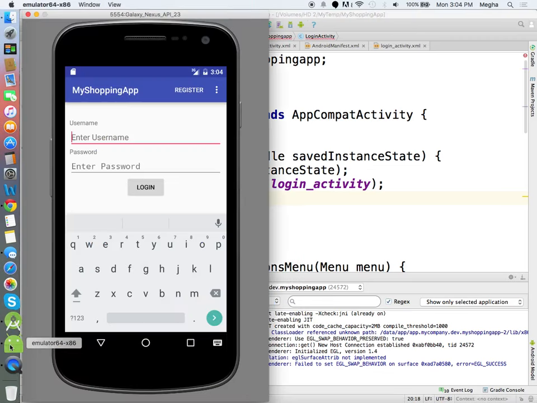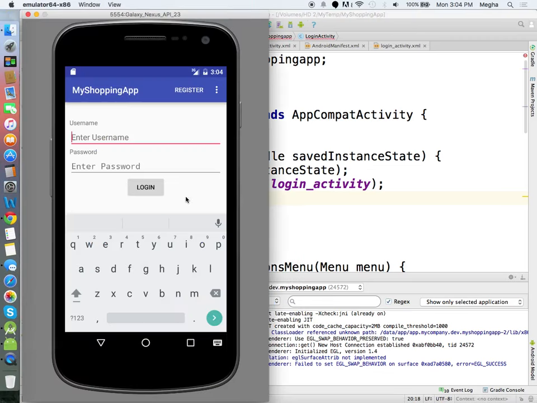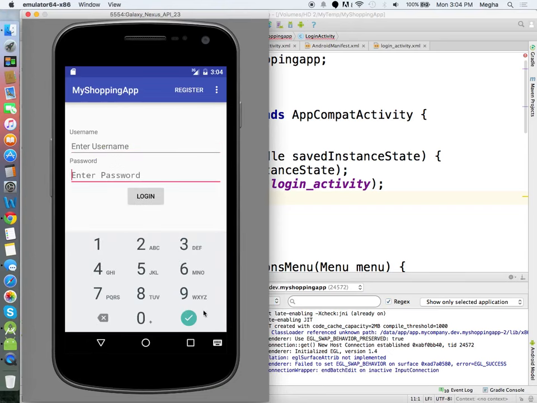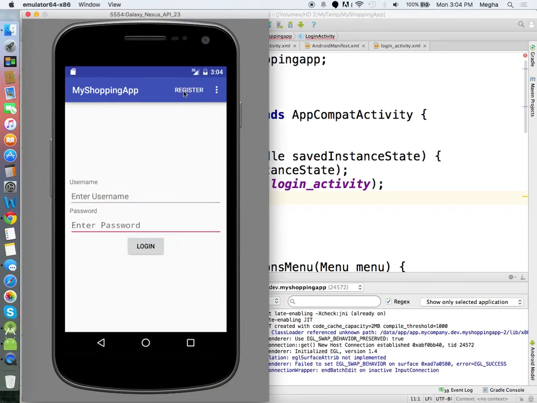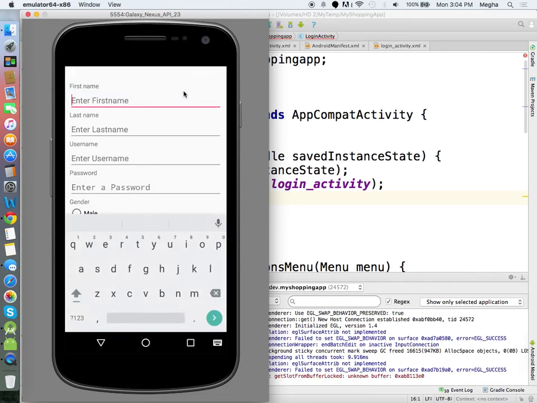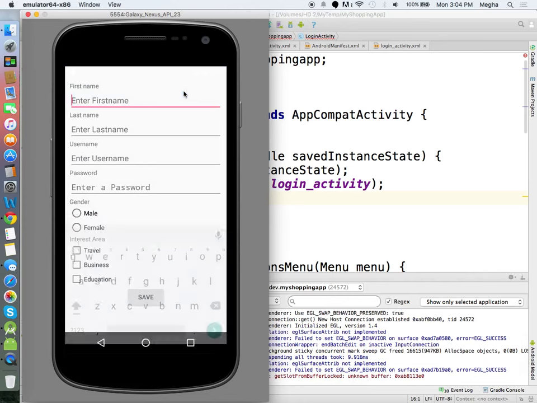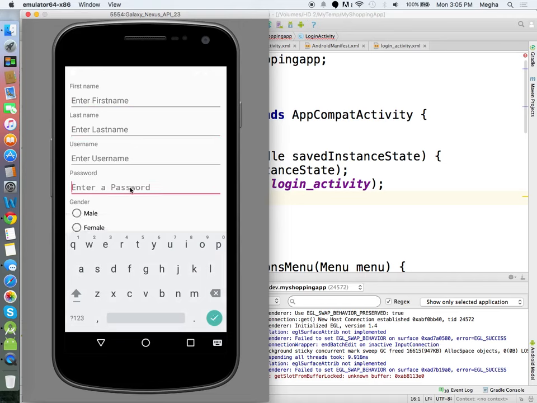So okay, I hope it is running now. When I click register, it takes me to the second activity. Action bar missing, but anyway we'll add it. Since it is a scroll view, things will automatically move, but it is a pretty small content.